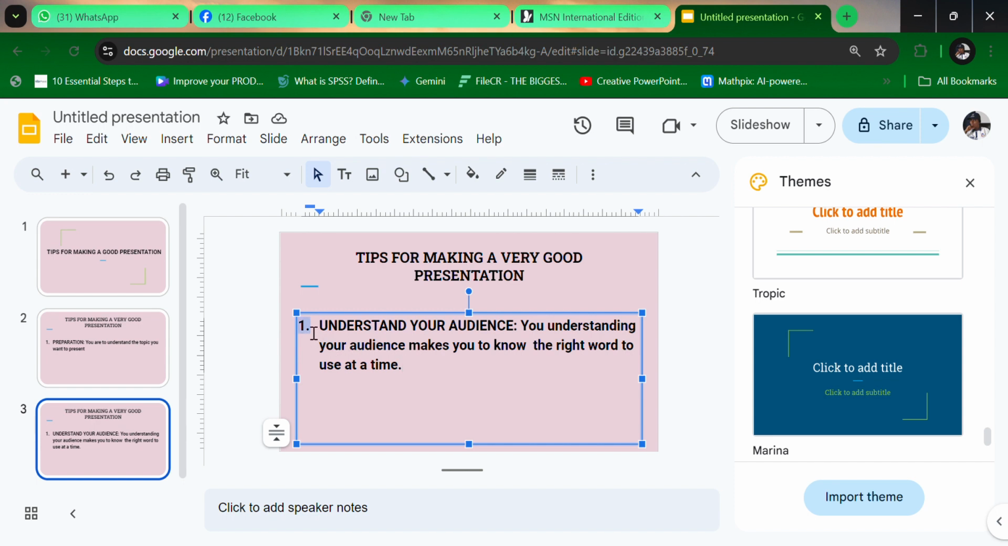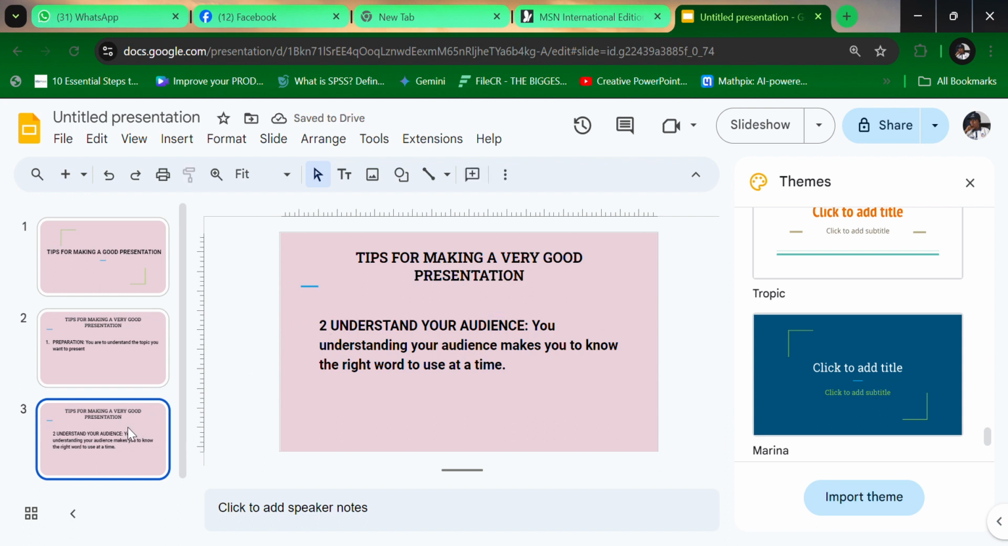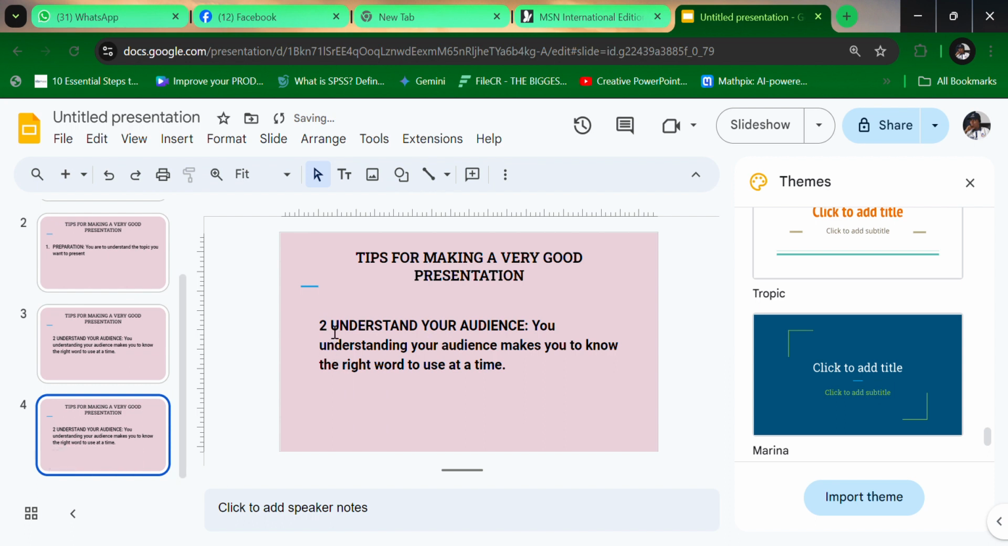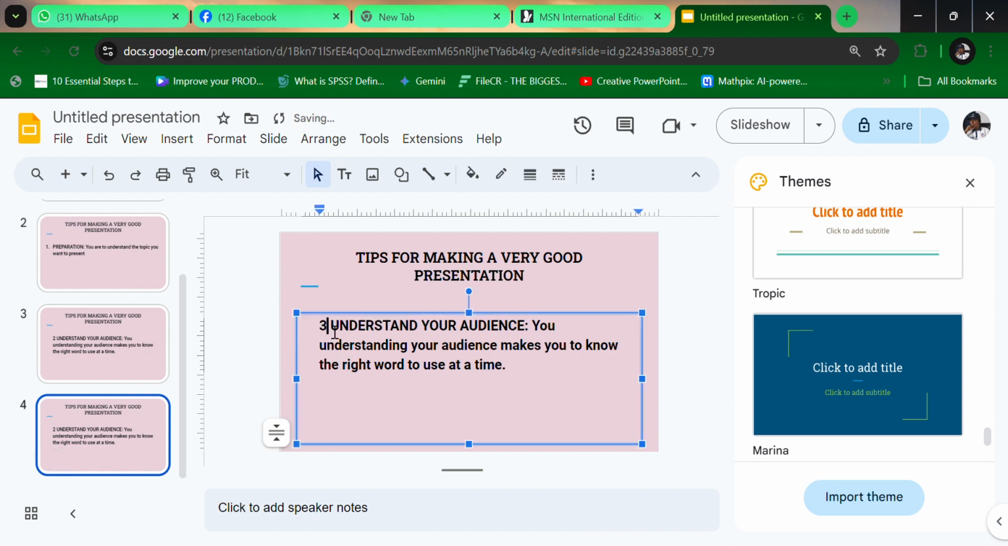This should be 2. Duplicate this slide. Number 3. Preparation to understand your audience. Number 3 is what? No. After preparing,